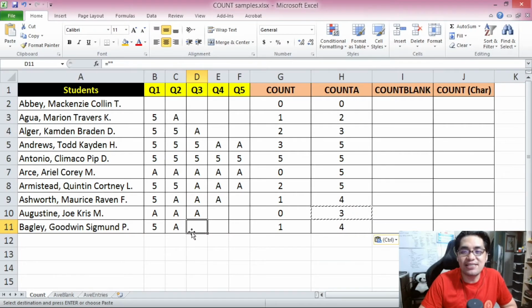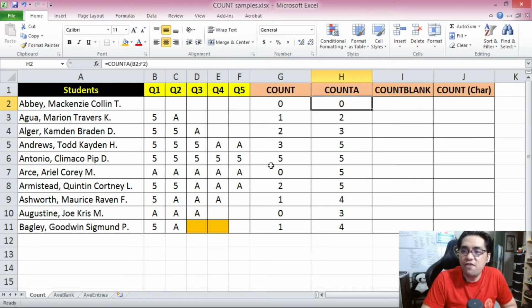So when you click on a cell, like what I'm doing right now, look at the formula bar. If there is something in the formula bar, the cell is not actually empty. In this case, you will see what I mentioned a while ago, a text blank, the double quotation marks. So this is not an empty cell. Same with this cell here. Cell E11 is also not empty. It also has double quotation marks. So I'm going to mark that with a different color. These orange marked cells here are not actually empty. That is why when you perform a COUNTA in this row, you count this 1, 2, and then these 2, 3, 4. That is why COUNTA returns a value of 4.